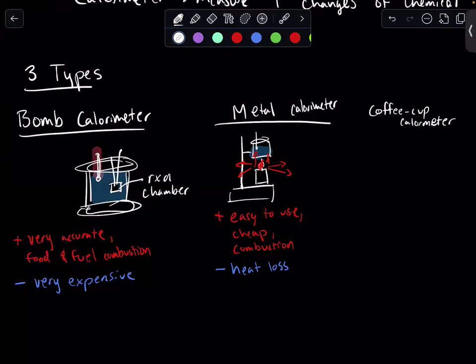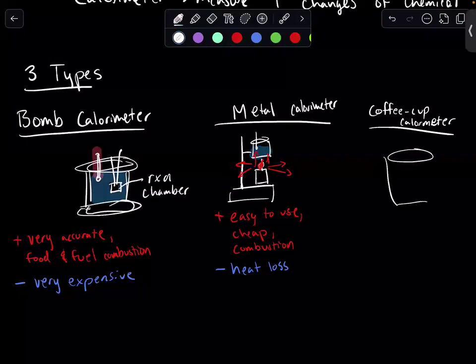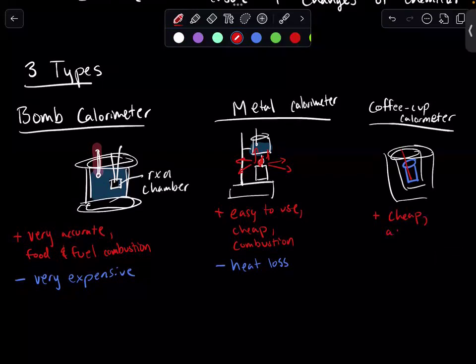And you can call it that because it's usually made from two coffee cups, one inside one another. So you have one cup. Within that, you have a second cup that creates a nice insulative layer. Within that, you probably have your beaker that your reaction happens in with your thermometer. This has a couple advantages. For one, it's also cheap, and we use it for aqueous reactions. And it's not bad, but